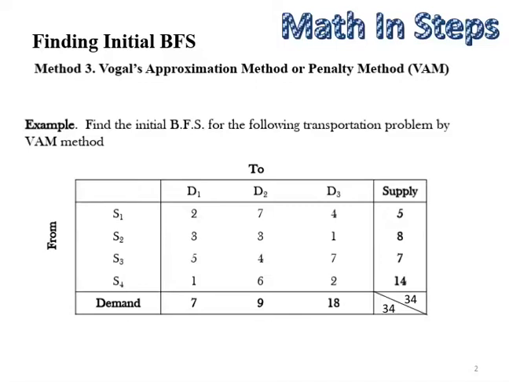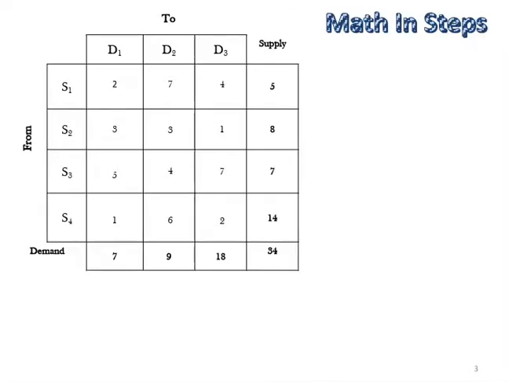So in order to find its initial basic feasible solution by Vogel's approximation method, we have to rewrite it in the tabular form in this manner. Now the thing which we have to adopt in this Vogel's approximation method is, for each row and for each column in the cost matrix, we are supposed to find out the penalties of not allotting to the least cost in that row or column. So how do we find the penalties? For every row or for every column, we look at the minimum number, the next minimum number, and their difference.